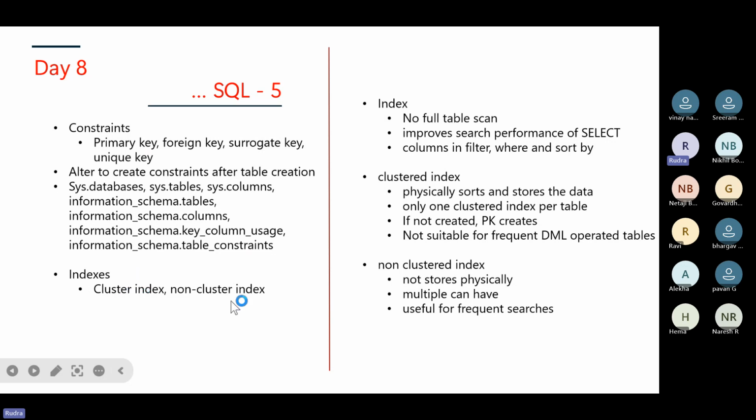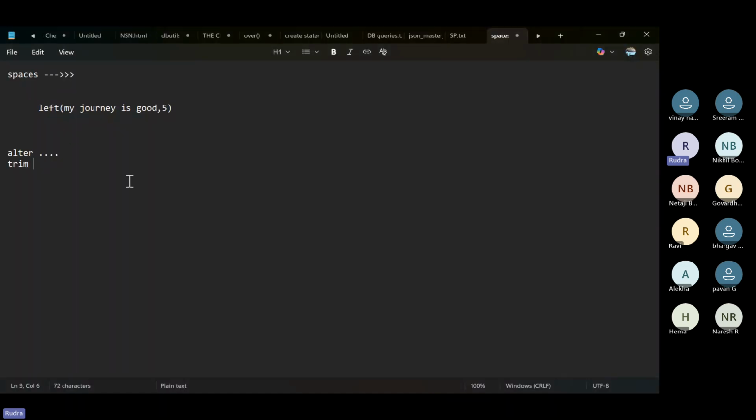Indexes basically have two types: clustered index and non-clustered index. Indexes are very important for tables because they give a lot of performance improvement. When you are not creating indexes, it will scan the entire table. So if you write something where